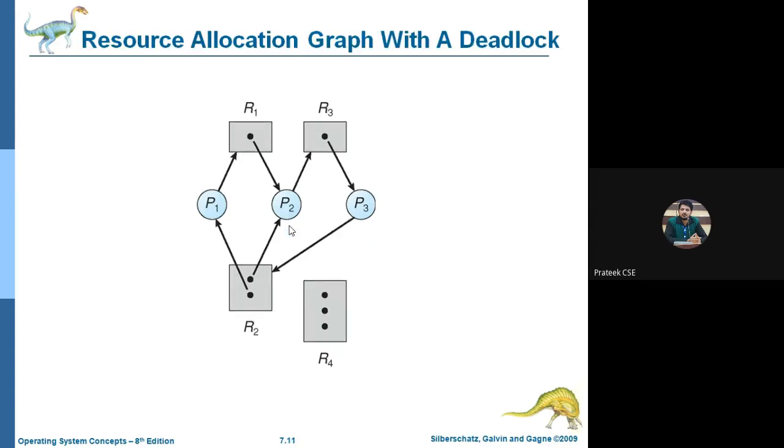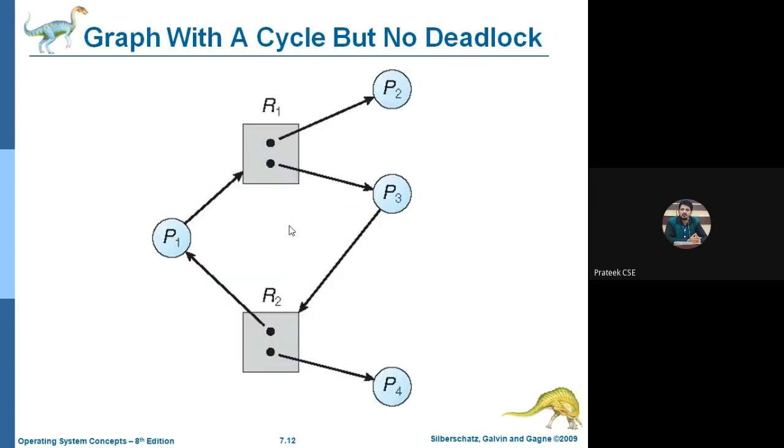Second category, हमारे पास दो अलग अलग लूप बन रहे हैं और दो अलग अलग साइकिल्स बन रही हैं, लेकिन सारे के सारे रिसोर्सेज के वन इंस्टेंसेस नहीं है, R2 और R4 के मोर देन वन इंस्टेंस है। इस केस में डेडलॉक हो भी सकता है, नहीं भी हो सकता। तो इस केस में हमने देखा कि डेडलॉक है, तो इसको हम कैसे चेक करेंगे फर्दर, दैट वी विल डिस्कस इन द नेक्स्ट लेक्चर इन डेडलॉक अवॉइडेंस। बट फॉर श्योर यहाँ पे हमारे पास डेडलॉक डेफिनेटली है।